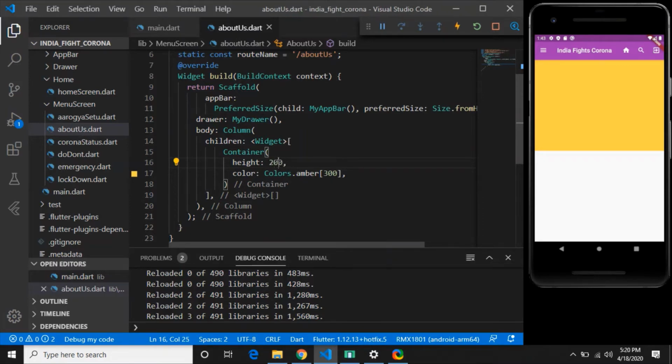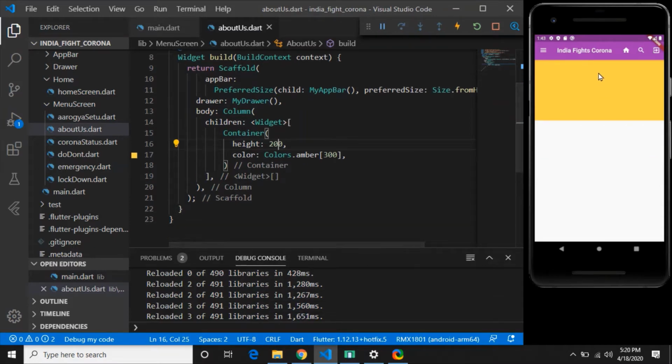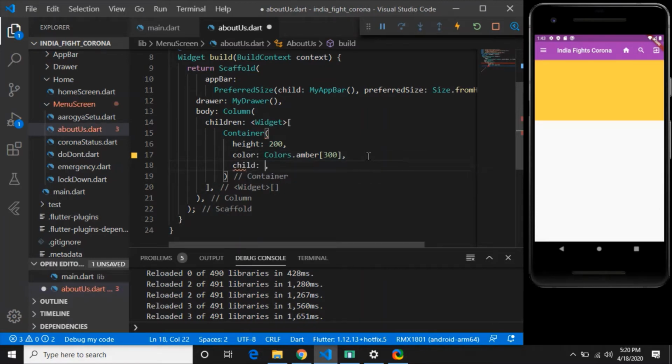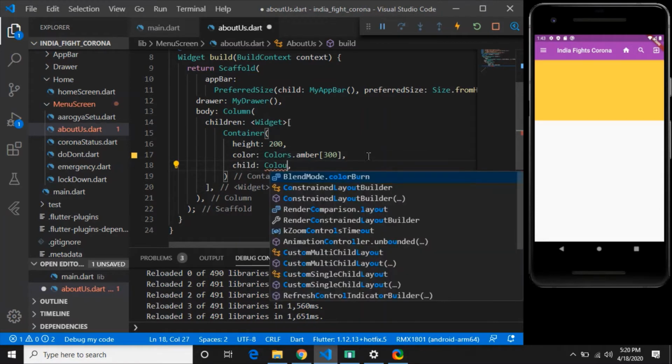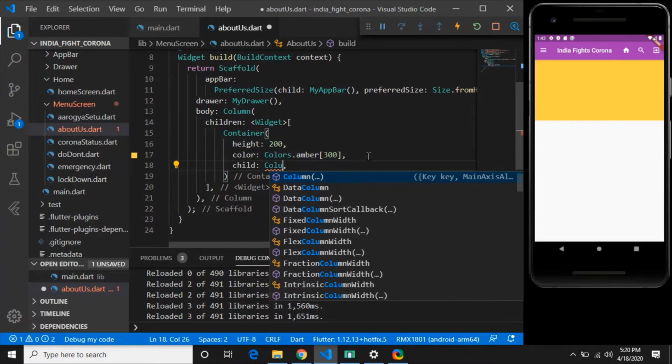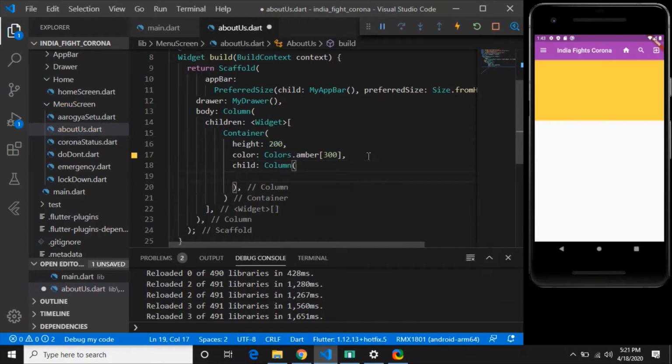Yeah, 200 is fine. What I want to achieve, let me tell you, is one image and two texts below it. So the widget of choice will be a column, because I want to add two or three widgets, one below the other. The first will be a CircleAvatar.